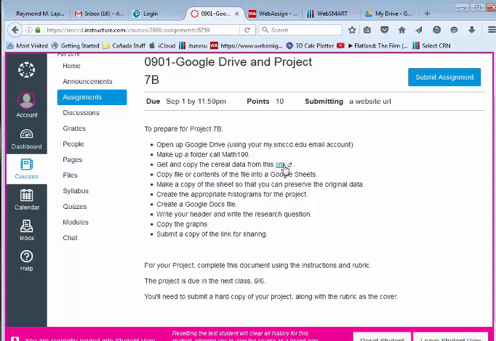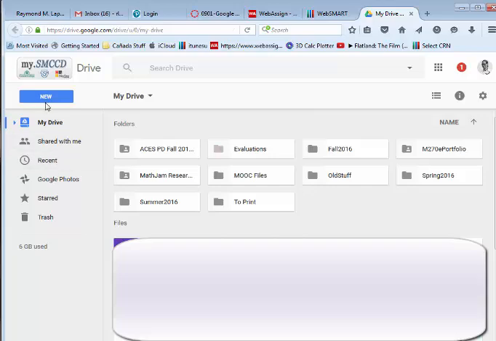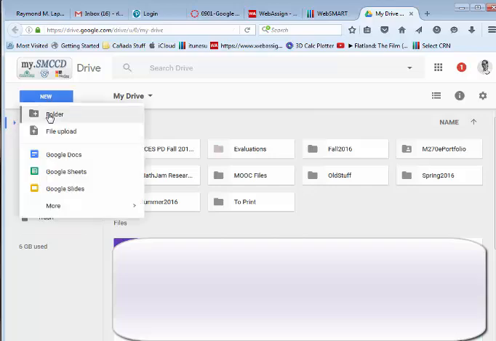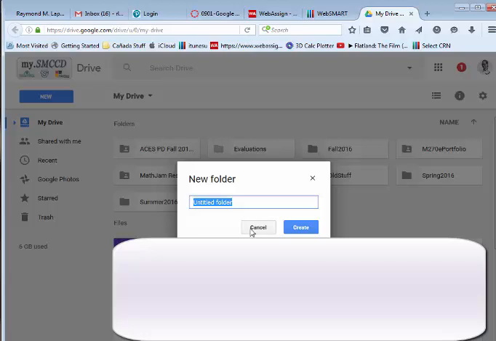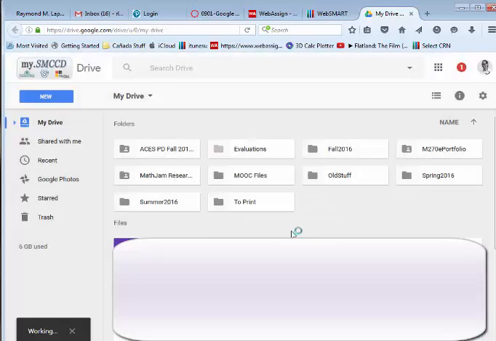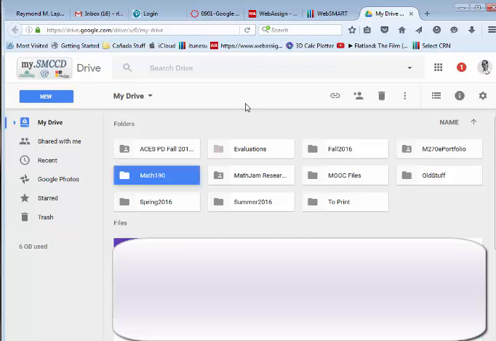Alright, so I have my Google Drive open, and I wanted you to make a folder just so you can have your own folder for our particular class, which is going to be Math 190. And then once you have that created, you can just save all your stuff in there. Alright, let's go back to the assignment page